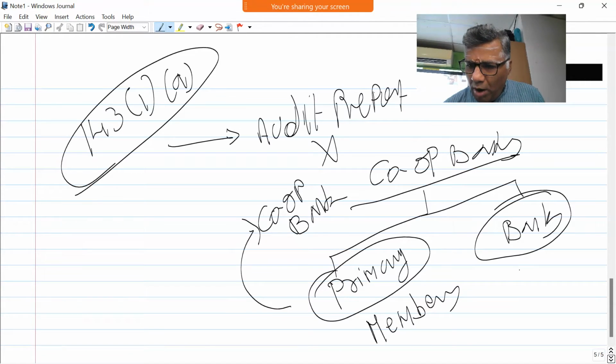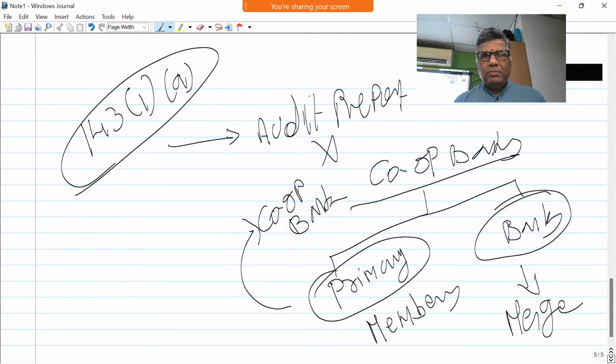A cooperative bank wants to merge. How are the provisions going to apply? Shall I repeat? In the business reorganization chapter, the majority of the amendments which we have seen this year pertain